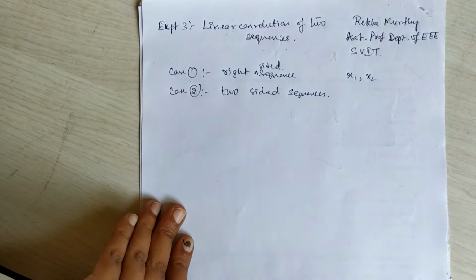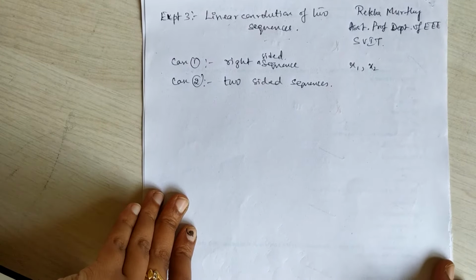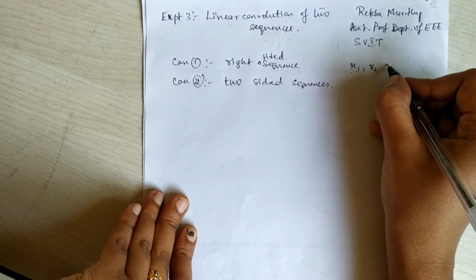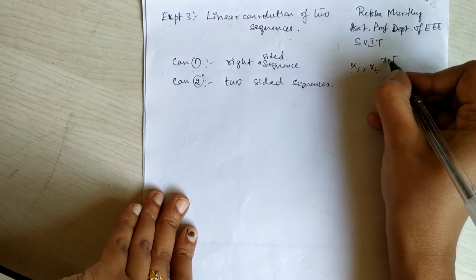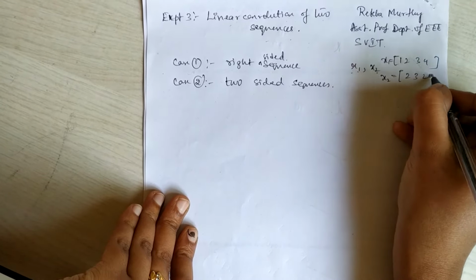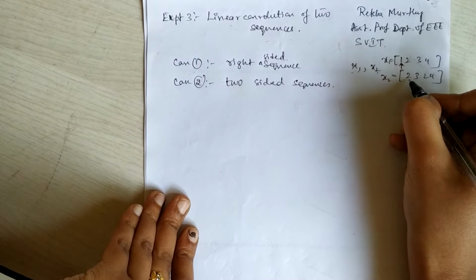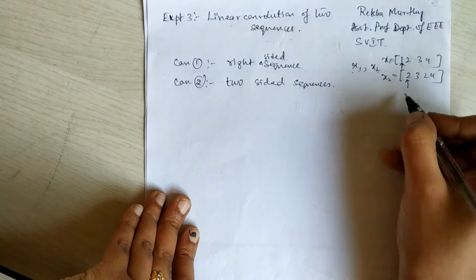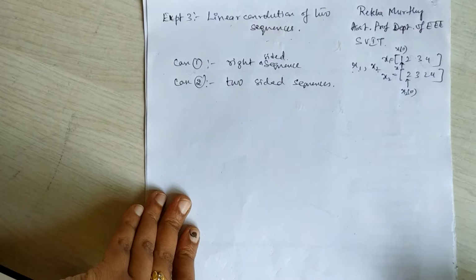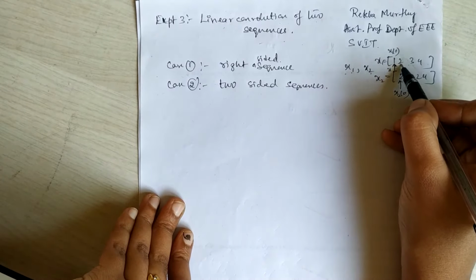So let me give you the initialization related with the right-sided sequence. If you consider the x1 and x2 values, x1 will be equal to 1, 2, 3, 4, and x2 is 2, 3, 2, 4. The initial point starts at the beginning itself, so this will be x1 of 0, x1 of 1, x1 of 2,